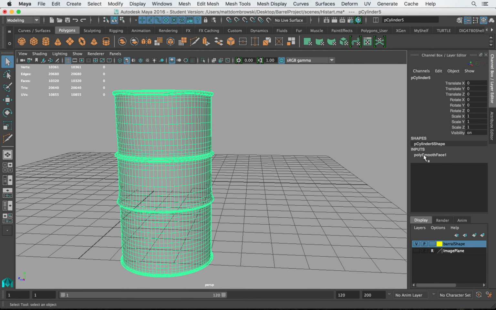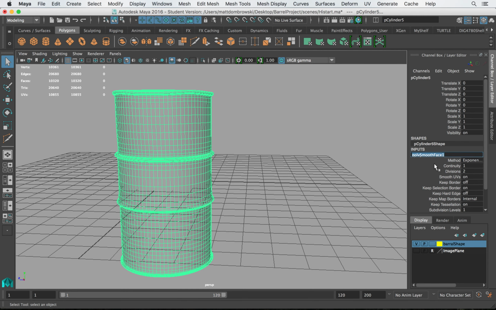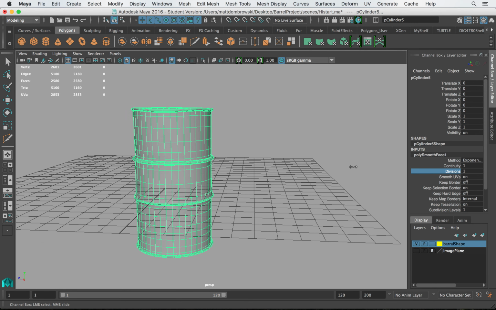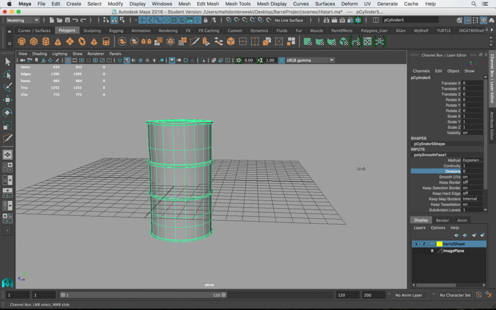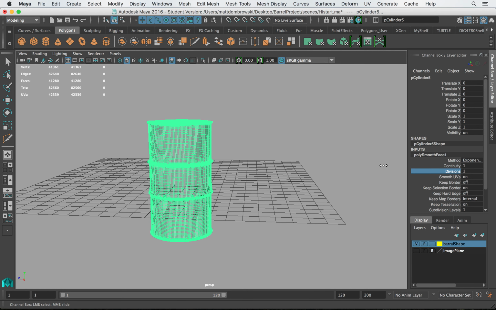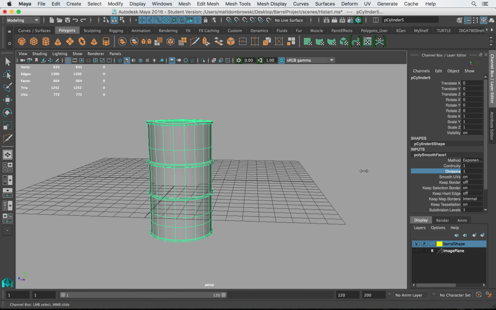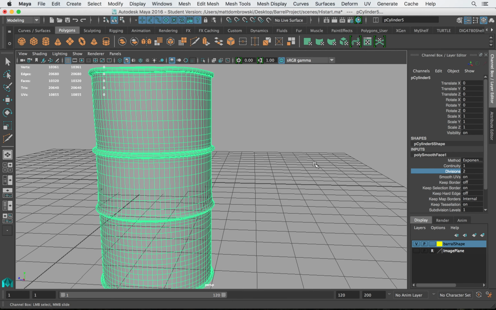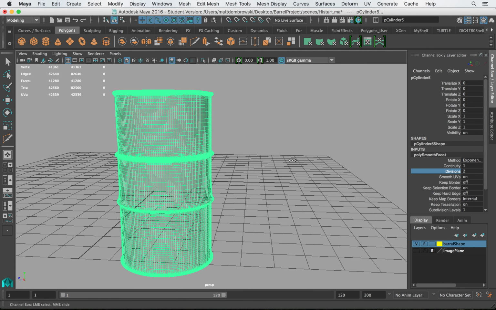Here you have a poly smooth face input. So if I go into that poly smooth face input, I actually have two divisions. If I hold my middle mouse button down, notice I'm clicking on the blue and holding that down, I can kind of play with those divisions. Now, what I want to do next is up these, because we're going to do a cool little trick with these when we get closer to what we need to do. But I'm going to up it to